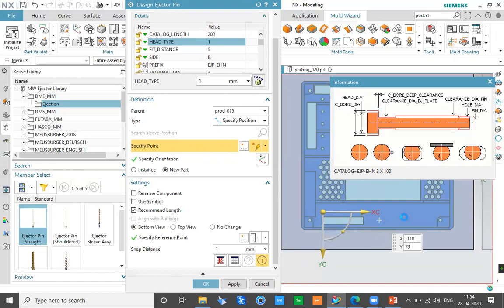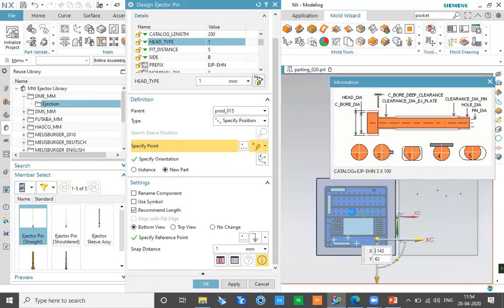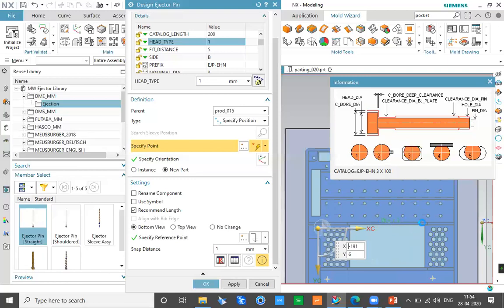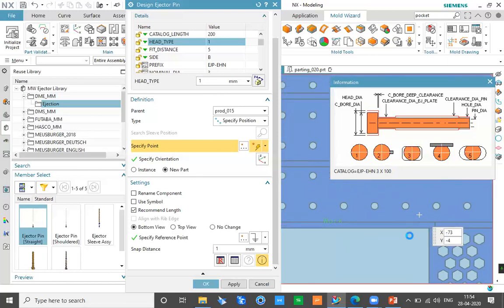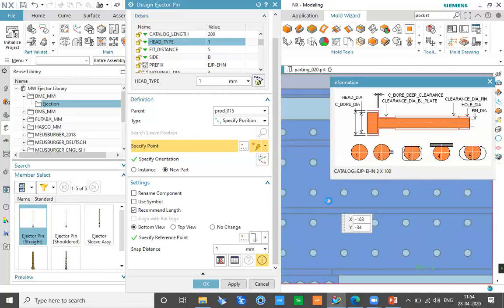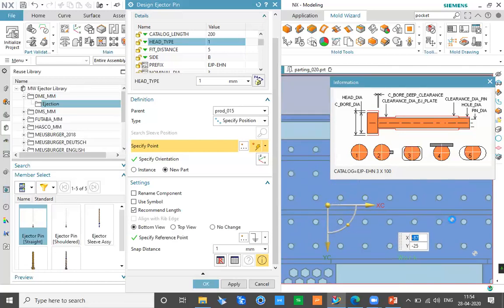I want one of my ejector pins here, one of my ejector pins here. And if you're thinking about what about the other side, whether we have to do it manually, don't worry about that. You don't have to do it manually there. So I can just simply select which all locations I want my ejector pins to be placed. So I'm just specifying some locations which are quite near to this rib area, which will be difficult to remove. So I'm just specifying the locations there, and I'm placing the ejector pins on those areas. So here I'm specifying the location of all the ejector pins I need.